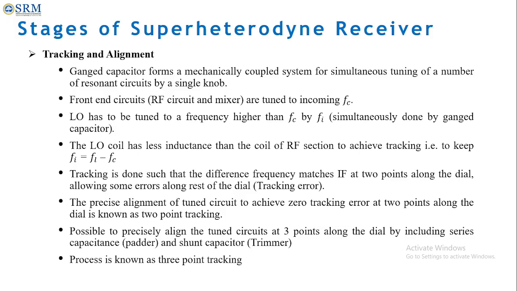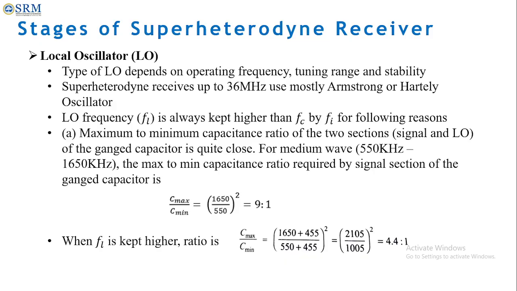Possibly, we can precisely align the tuned circuit at 3 points along the dial by including another circuit, that is, a series capacitor and a shunt capacitor. That is, we can call it a trimmer or padder, which can be provided here to give a 3 point tracking method. So the local oscillator is kept higher than Fc by Fi